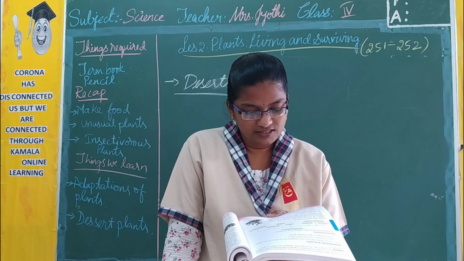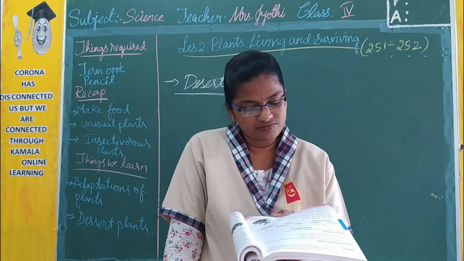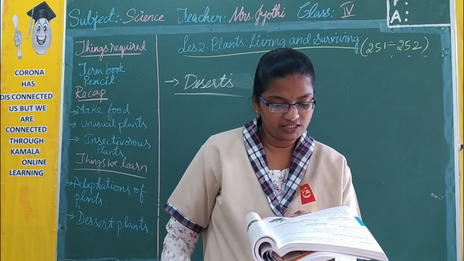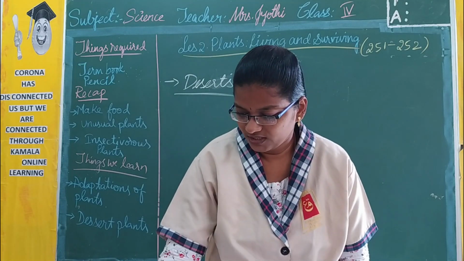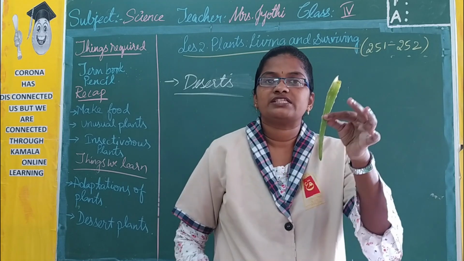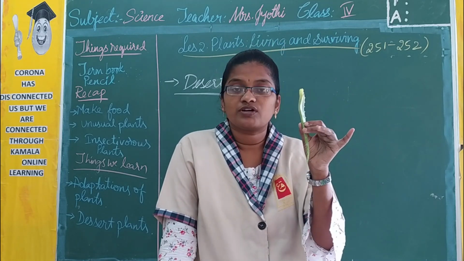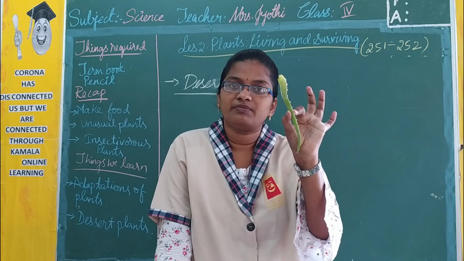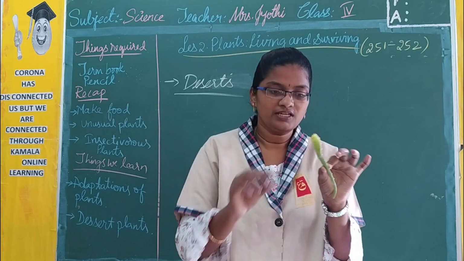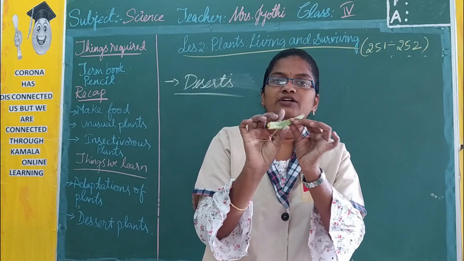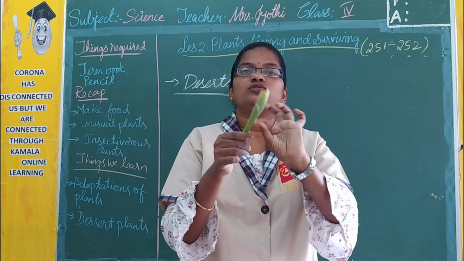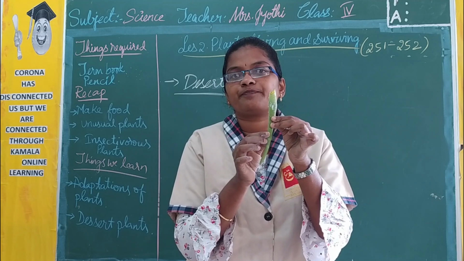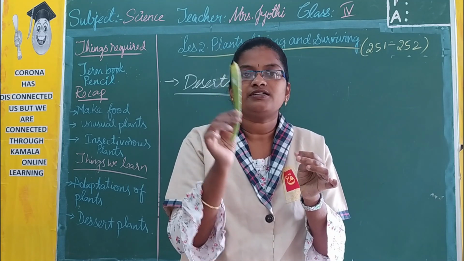Unlike other plants, a cactus doesn't make food in leaves. Instead, it prepares food in its thick and fleshy green stem. So, this aloe vera also resembles the cactus plant. It will be the same as a cactus plant. Now, if you look at a cactus plant, you people think that this is the leaf, but no. This part is the stem.